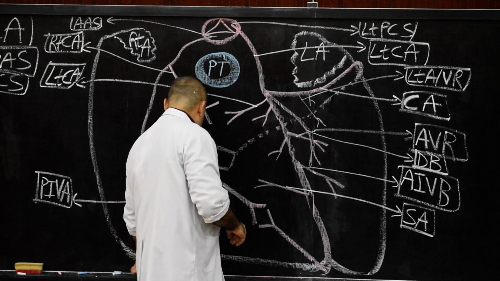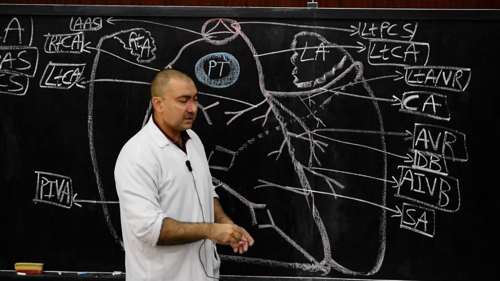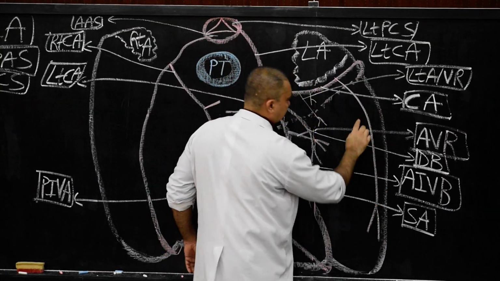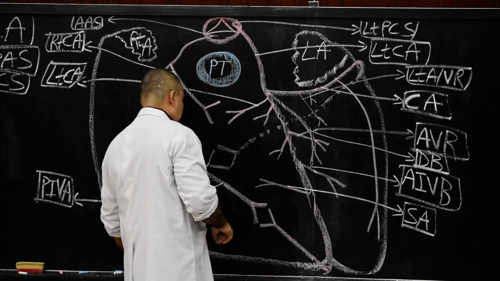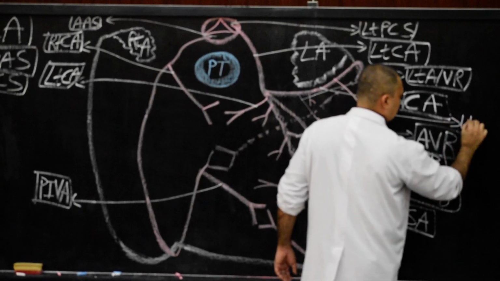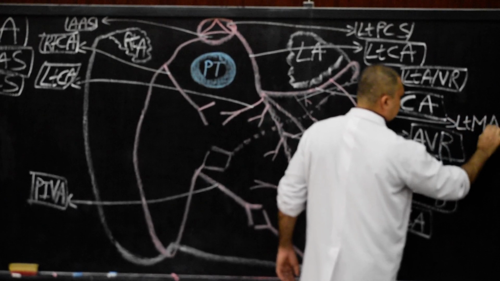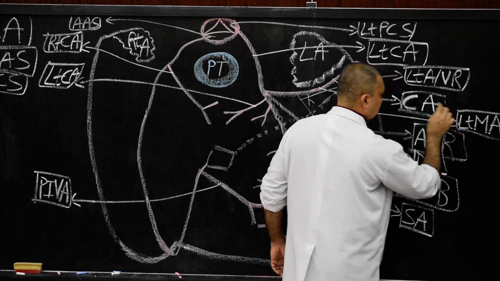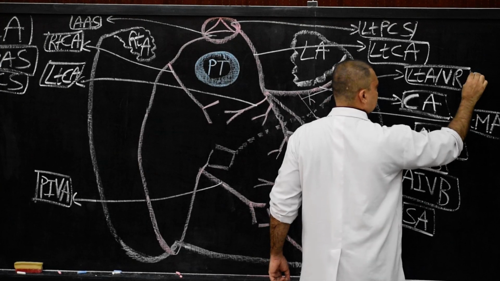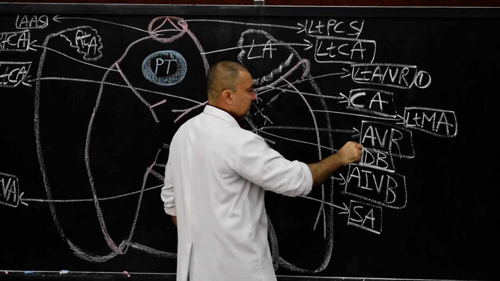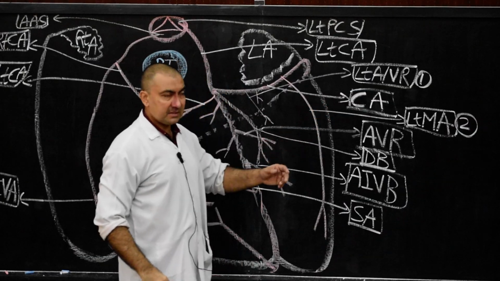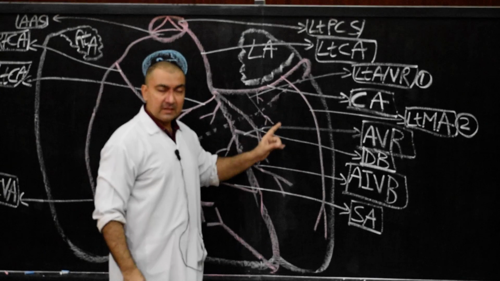That left marginal artery will travel around the left border of the heart. So here I will draw the left marginal artery. Therefore, here I am going to mention this as the left marginal artery. This is the second branch of the circumflex artery. I will give the names: this is the first branch, the left atrial and ventricular rami, and this is the second branch, the left marginal artery. Both of them are branches of the circumflex artery.